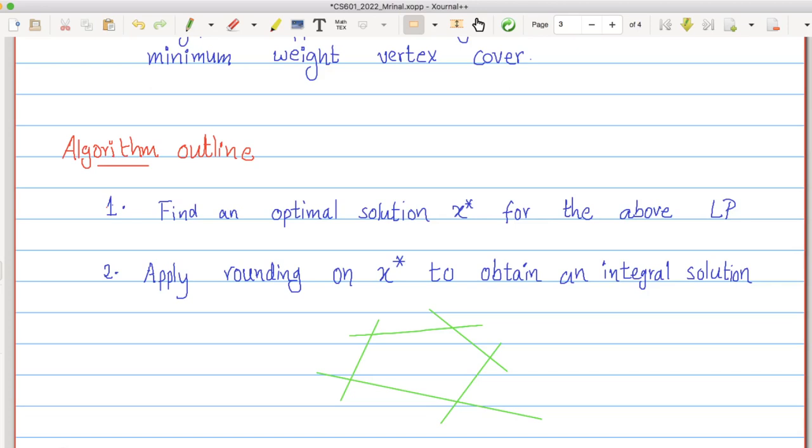So that would be the algorithm, and we are hoping that it will give us maybe not the optimal vertex cover, but something close to the optimal vertex cover. So why are we hoping that? So you can imagine a picture like this, that